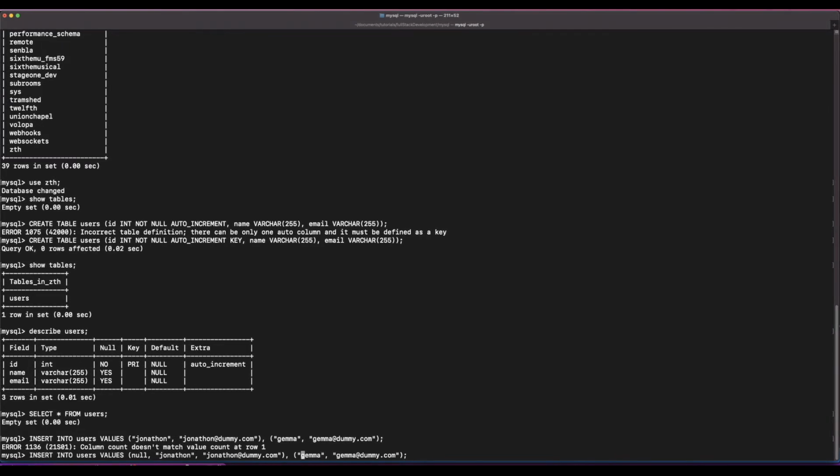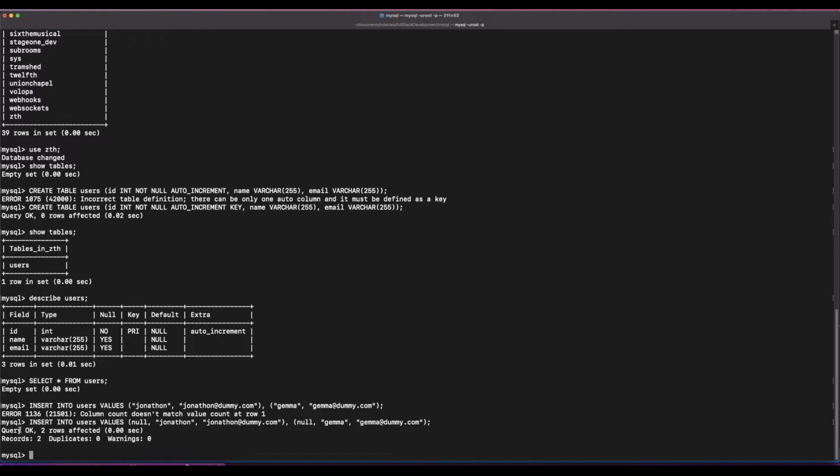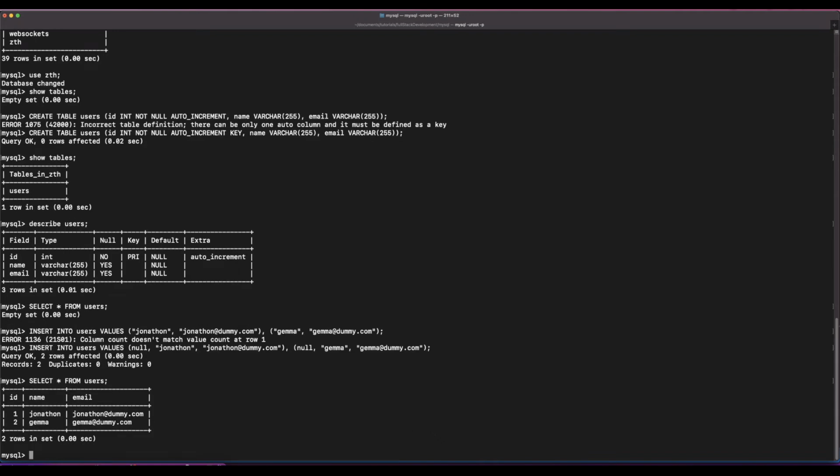And then the second data, or the second row, we'll give it null again at the start of the parentheses. So just see what we've done again. All we've done this time is we've added null at the start for the ID, because we don't want to give it a value. So we've done null, comma, the name, comma, email, comma, and then parentheses and another user. So we hit enter this time, and as you can see, query okay, 2 rows affected, records 2. Okay, so now let's try to select all from users, and as you can see, we have 2 new entries